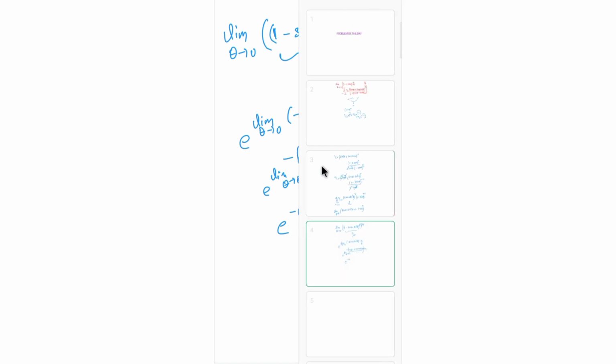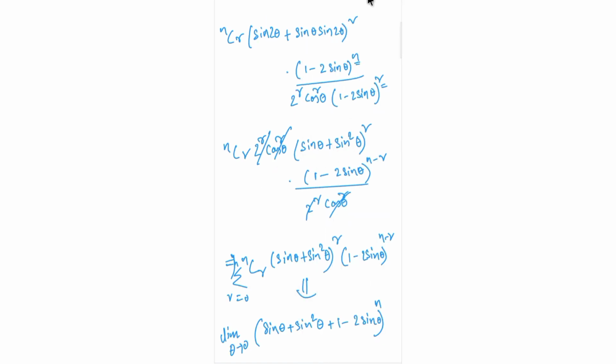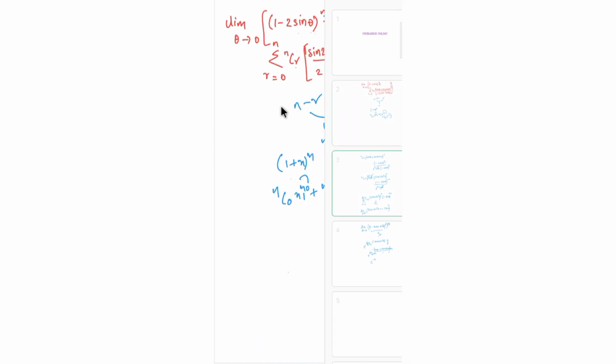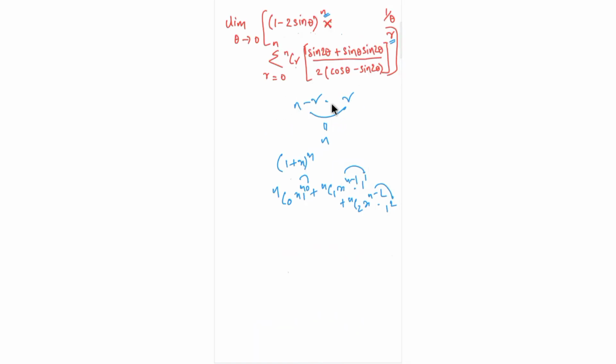So this is a problem with a lot of manipulations. You need to understand why you do that manipulation, and how you did this manipulation itself, because we have the n minus r and r terms, we need to club them so that we could get an expansion, because we have sigma here. So since it's a sum of terms, we need to make sure we put it in binomial expansion form, then only we can solve it.